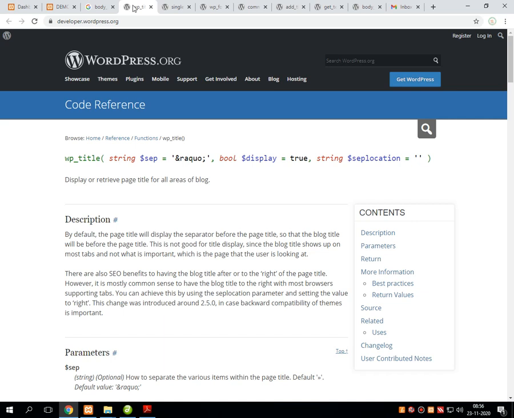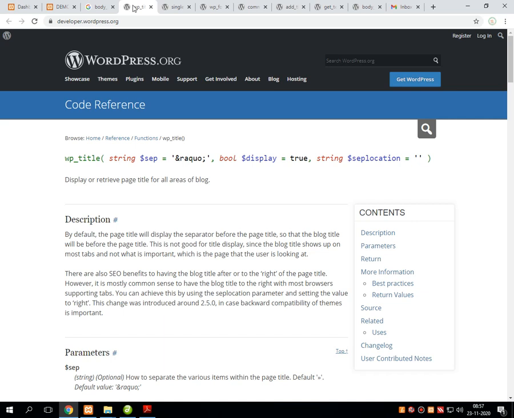By default, the page title will display the separator before the page title, so that the blog title will be before the page title. This is not good for the title to get displayed onto the screen, since the blog title shows up on the most tab and not what is important, which is the page that the user is looking at.